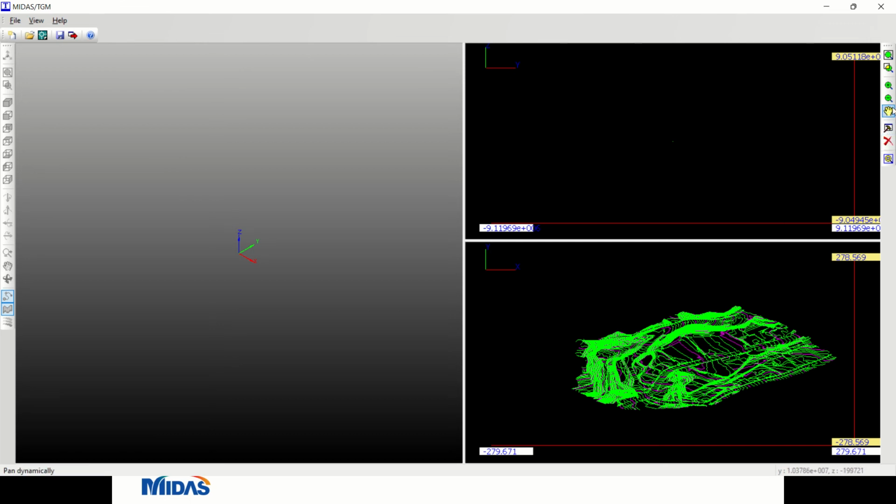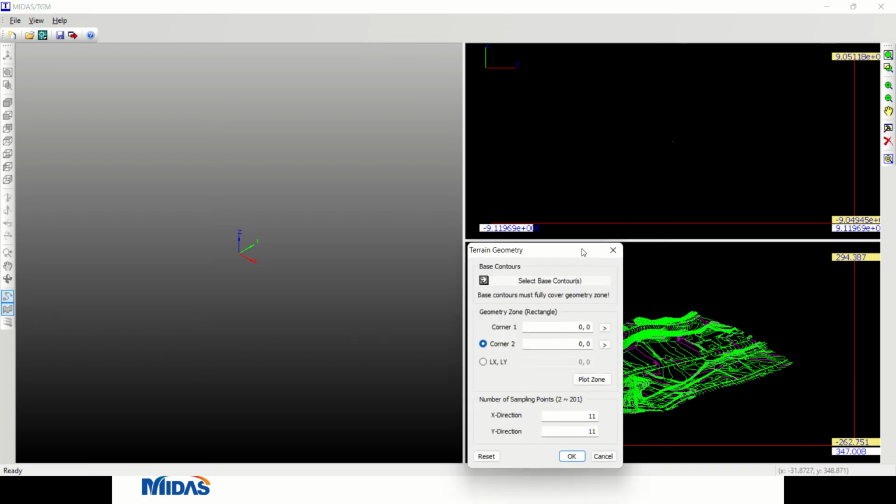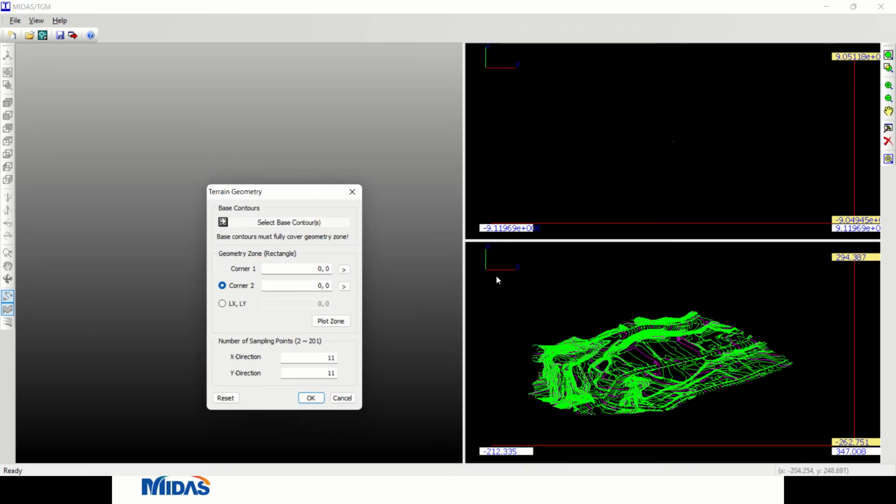Then you click this, let me take this dynamic pen, then go to this hammer icon. You select the contour which you are going to interpolate. For me, I just choose all. Then you select the area that you want for soil surface. You can click plot zone to see which area is covered.